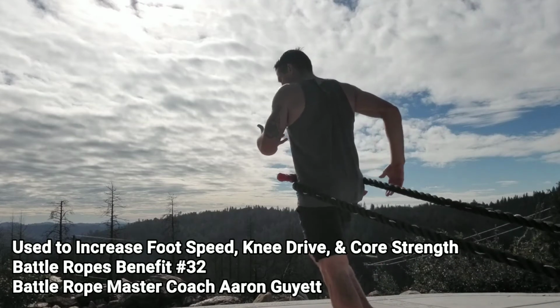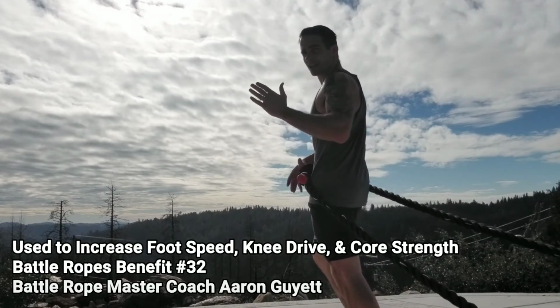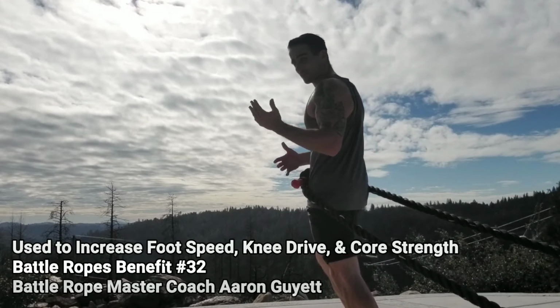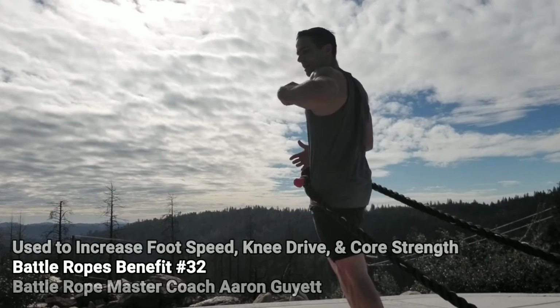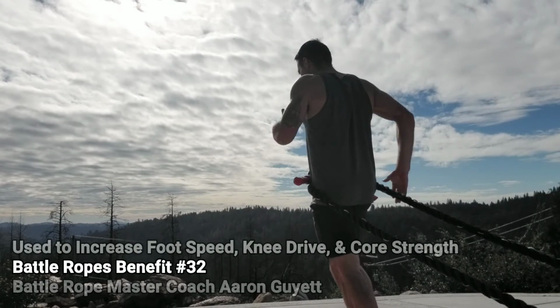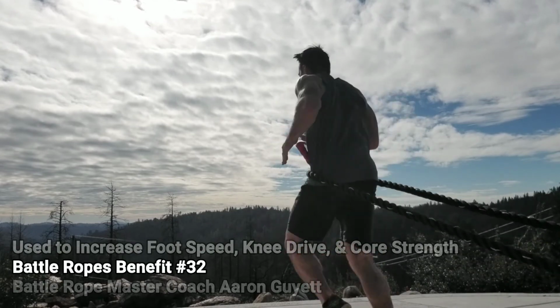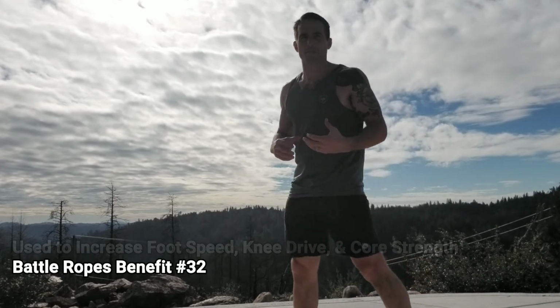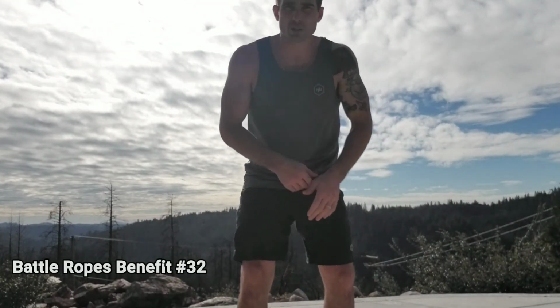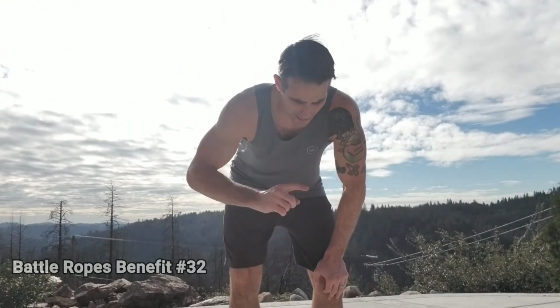And that right there, because you're going to be at about a 5 to 8 degree lean, right? Maybe 3 degree lean from your ankle, through your knee, through your hip, through your shoulder, and through your ear when you're running. And then you're, okay, let's work on foot speed, let's work on knee drive, let's work on elbow drive, let's work on that vertical core engagement as you go through and increase that speed, that turnover speed